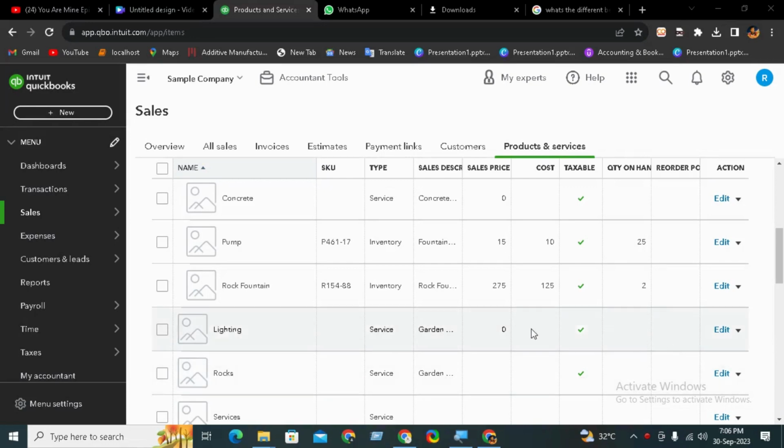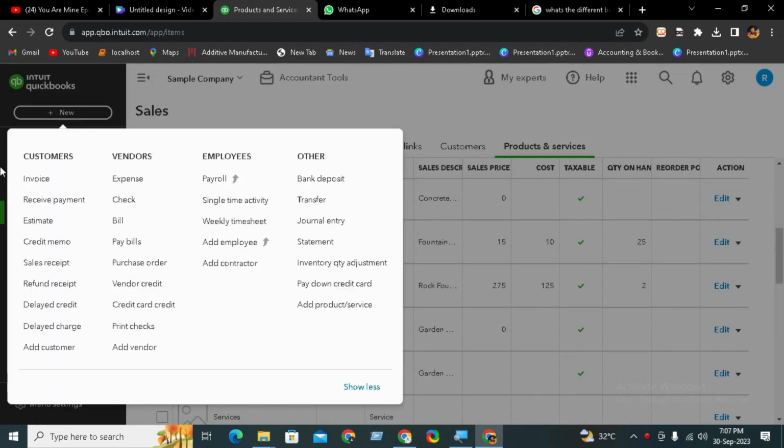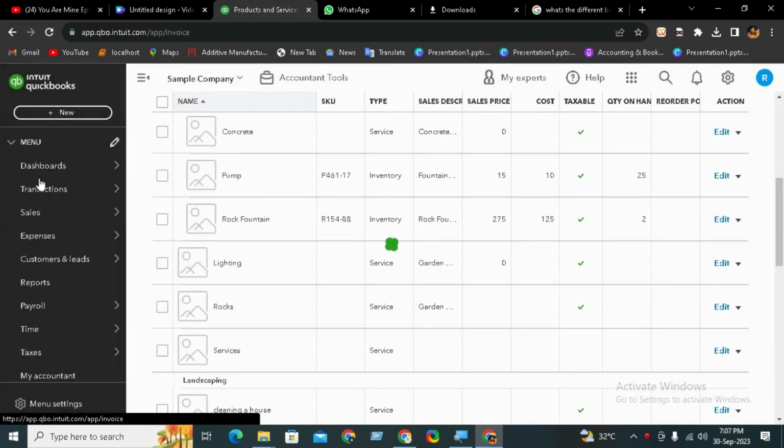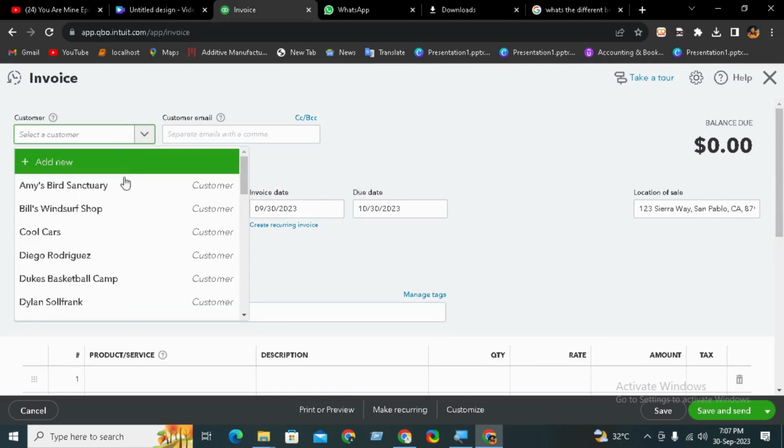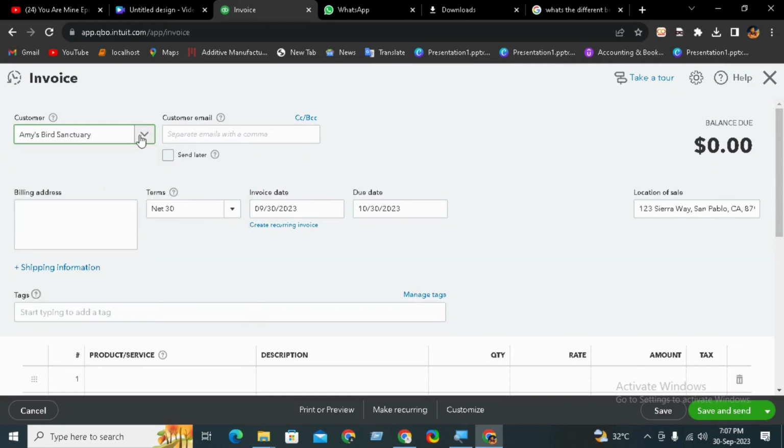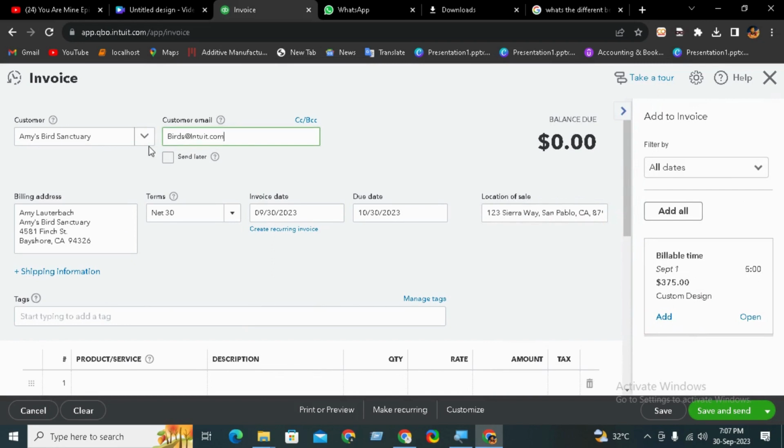So all you need is to just log into QuickBooks, and once you're logged in, on the left hand side you can see there's a big plus button. You can click on that, and under the column just select invoices, and here you can select your customer. Let's say this is our customer, and here you can add your relevant customer email, and if you wanna get